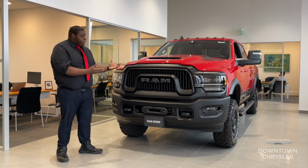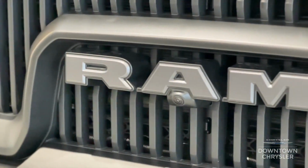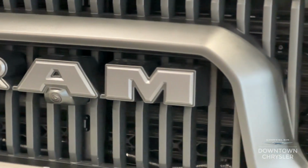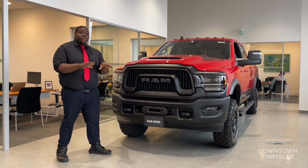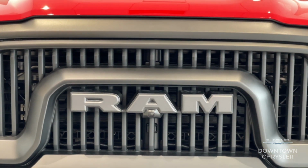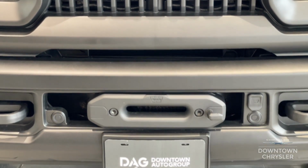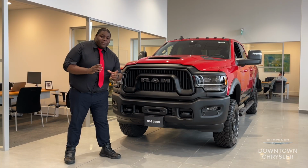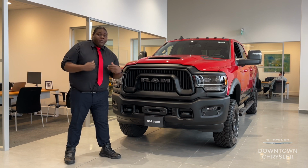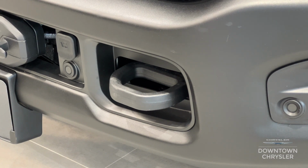Now, starting here at the front, you're going to notice right away you have the large Ram badging on the front of the grille. This vehicle sits on the same trim level as the Ram 2500 Rebel, so you are going to notice a lot of those similar design aspects to it. Coming over here to the front area, you're also going to notice that it has a built-in winch plate area. This is extremely important because if you do install a winch to the vehicle, having the proper plating and setup allows you to use these items a lot more effectively without risk of damaging the front grille. You also have front sensors for the vehicle, as well as tow hooks,